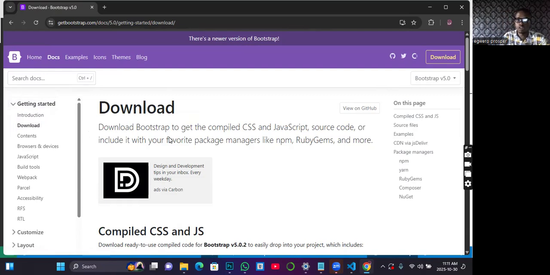Now, as soon as you click on download, let's read through. You must learn to read the documentation. Download Bootstrap to get compiled CSS and JavaScript, source code, or include it. So this is the reason why I prefer